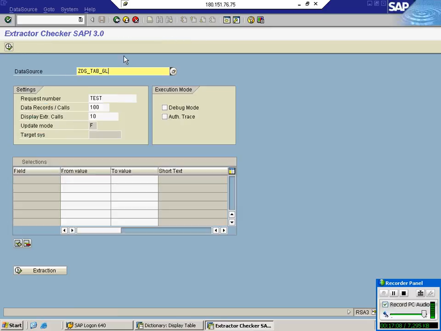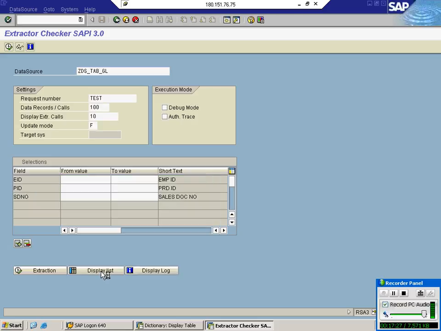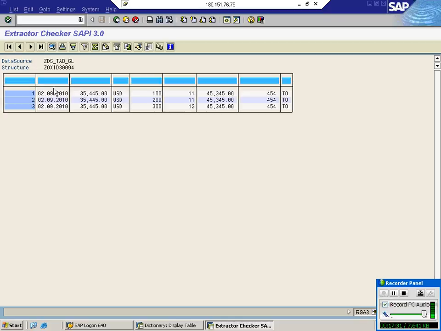Give the data source and go with extract. How many records are there in our table? Just go with continue. Click on display list. Give a double click on the records.